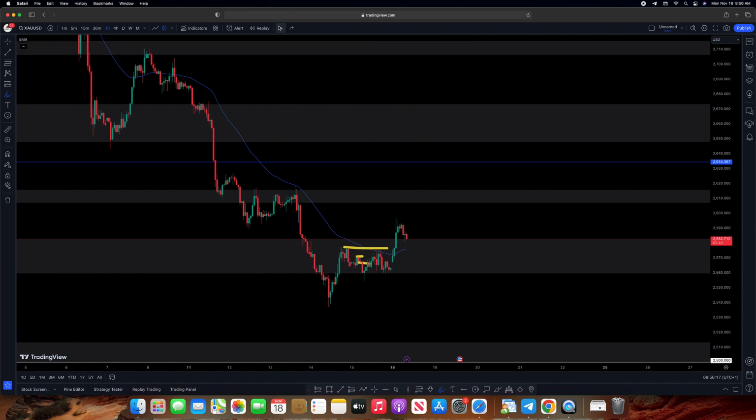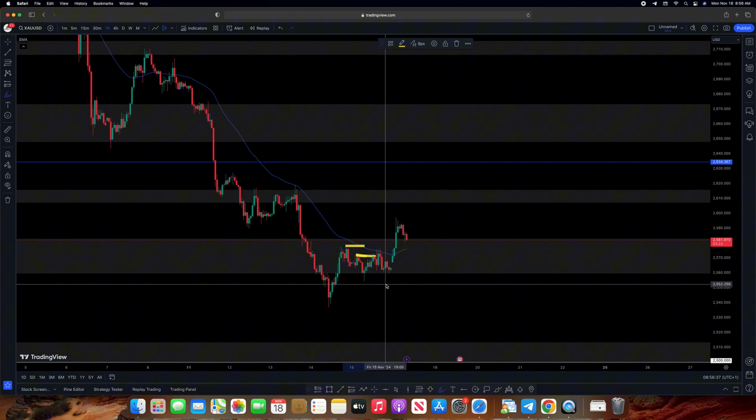But after gold took out this side, then I entered more positions here. The one I entered here, the stop loss was somewhere here. So I made money out of this. From this particular one, I made money on Friday. So that's the only trade I took on Friday.